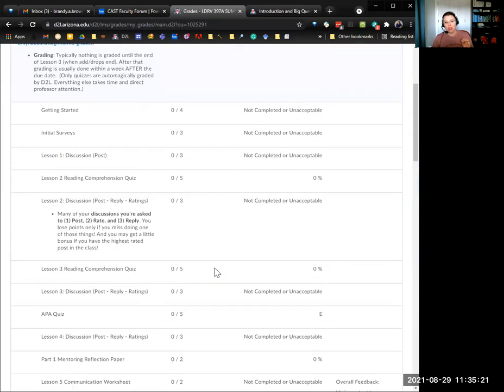The reason that I do it this way is because it means that I can take things in and out of the weights without affecting my syllabus, because I'm legally not allowed to change things midstream ever, stuff like that. If something goes wrong, like one semester, it just happened to be when they switched APA, right? So everybody like failed the APA quiz because it was on APA 6. My bad.